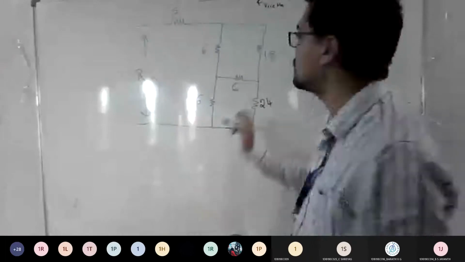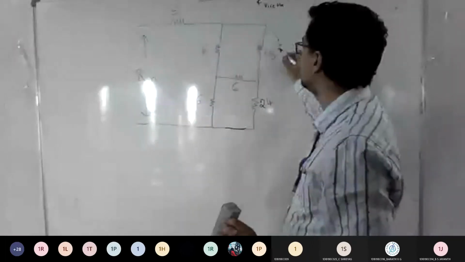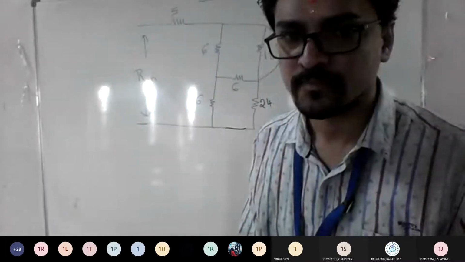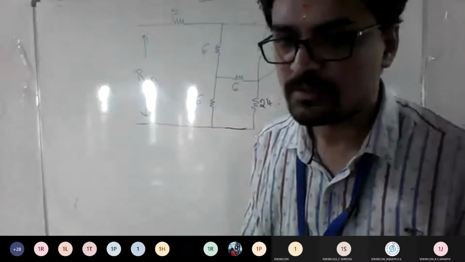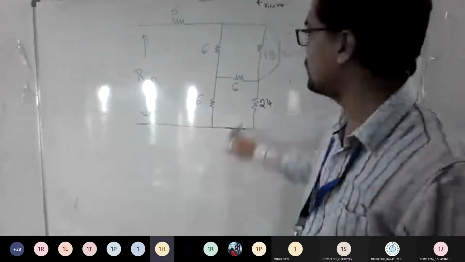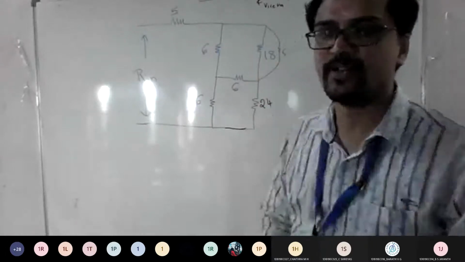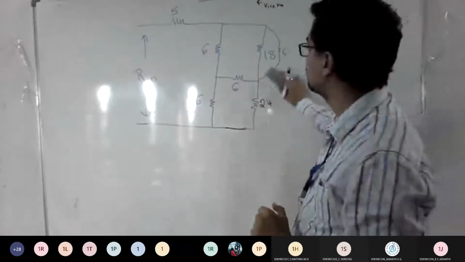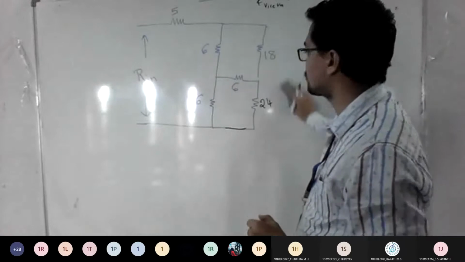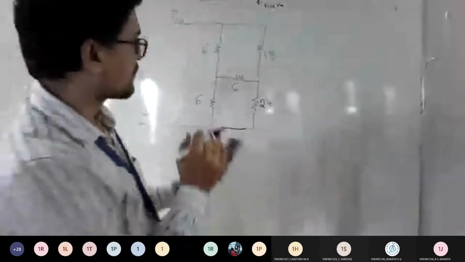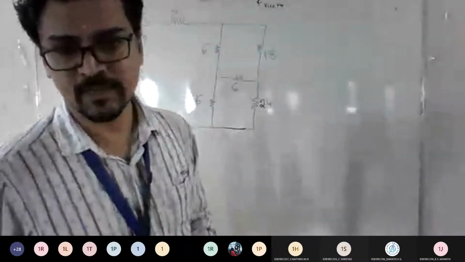Clear? Similarly, if there is one more resistor of 5, can we make these 2 parallel into 1? Yes or no? Yes, sir. So whenever you find a 5 ohm resistor parallel to this 18 ohm, you can do the modification and write only one resistor. That is what we should do first. First check out any possibilities of series or parallel combinations of resistors. If it is there, try to make it simplest.